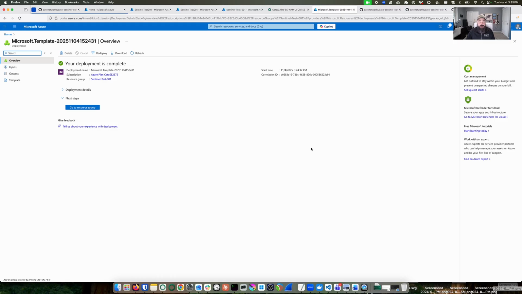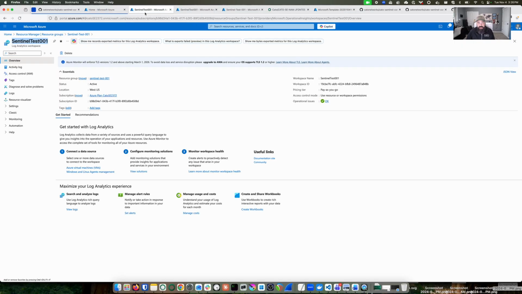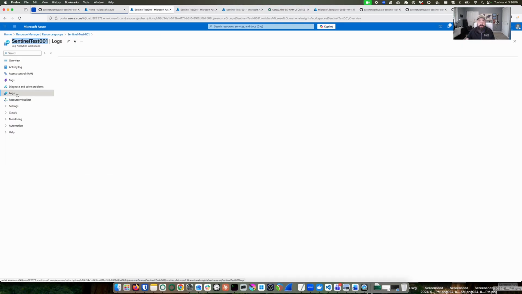So one of the things we want to take a look at is the data coming in. If we go to our Sentinel Test 01 Log Analytics Workspace, we're going to see that there are logs being brought in. Now, when you first deploy the connector,